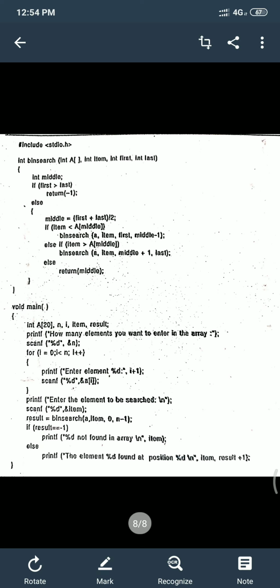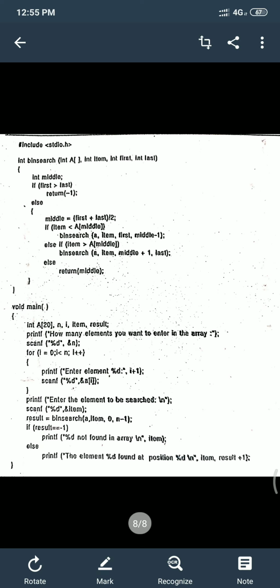If the middle element is greater than the item being searched for, the search process is repeated for the first half of the array. Otherwise, the process is repeated for the second half, or last half. So each time a comparison is made, the number of elements yet to be searched is cut in half. That is why this method is very useful for large arrays.